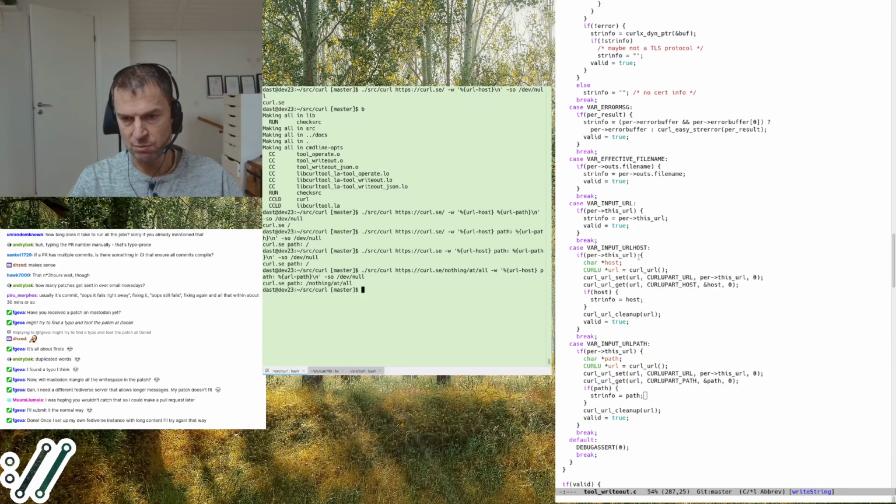And then of course it could do all sorts of other parts, all the parts from scheme, host, port number, path, query part, all of that. And I'm going to do that as separate variables, so that you could get all the components from the URL. The question is what I should call them. Should I call them like this? Naming.